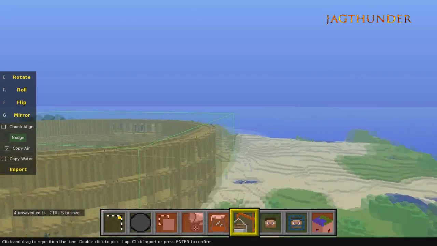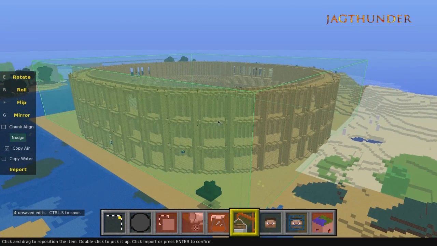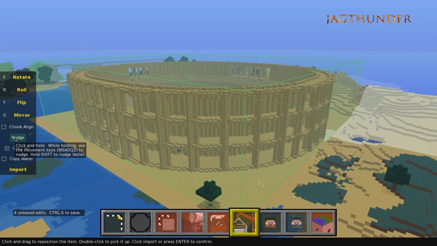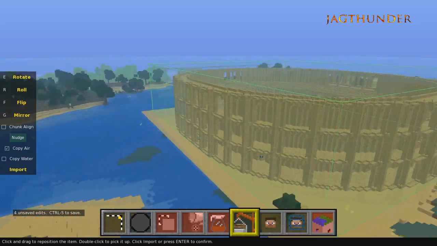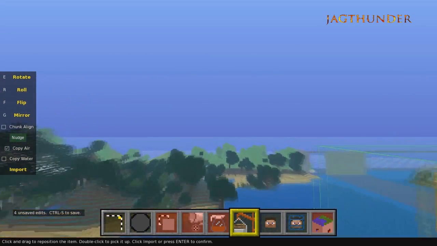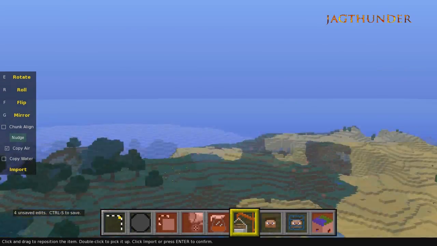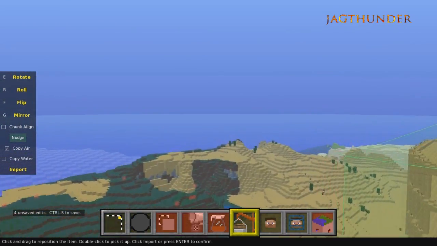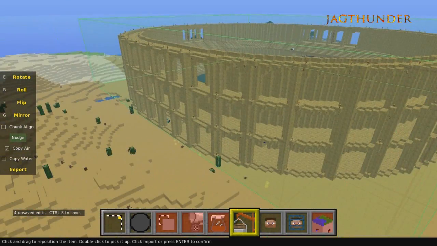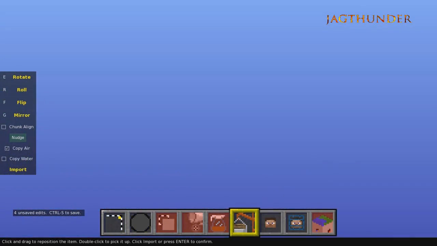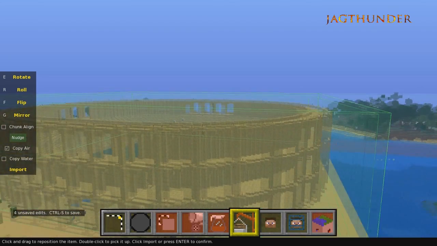And nothing's set in stone. You can undo your moves, and I'll show you that here in just a second once I get this about where I want it. And I'm sorry this is taking me a little longer than I wanted it to, but double check all the sides. This is good and flat down here, and once everything is right where you want it, we're going to import